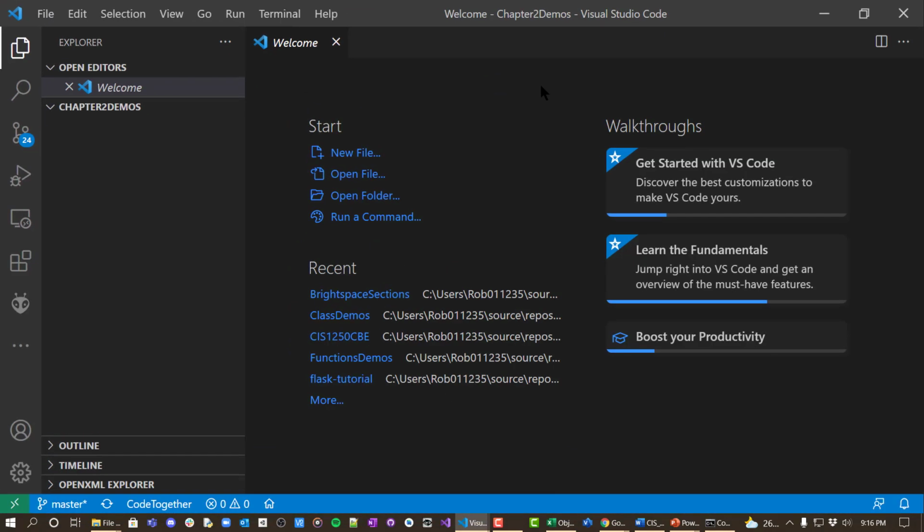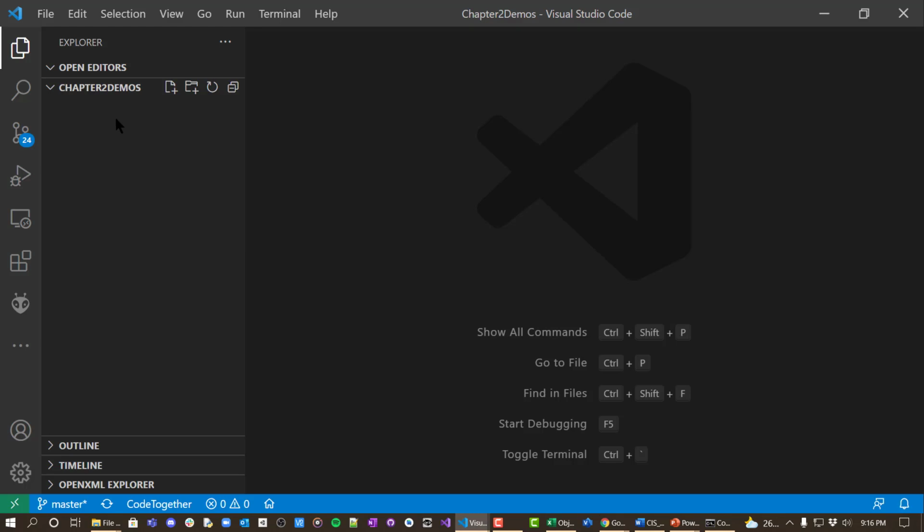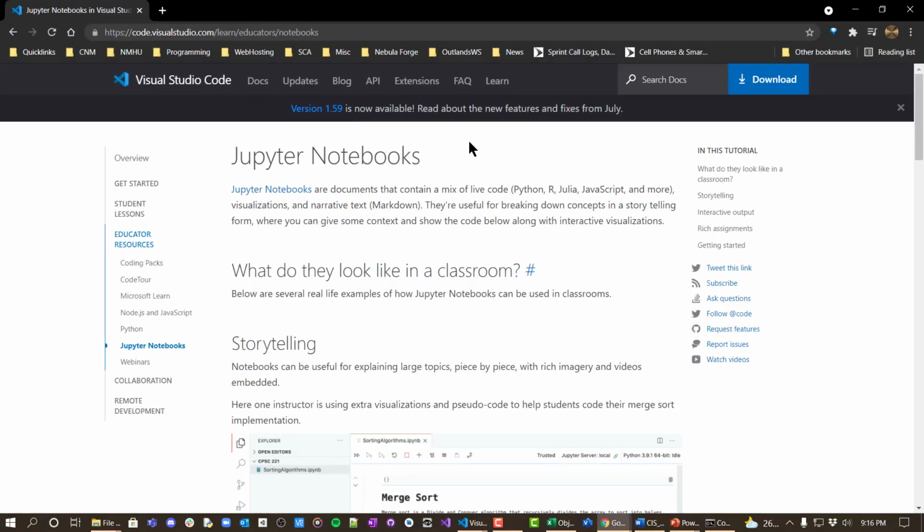Inside of this folder, there's a couple different ways of starting a Jupyter Notebook application. And for Visual Studio Code, there is